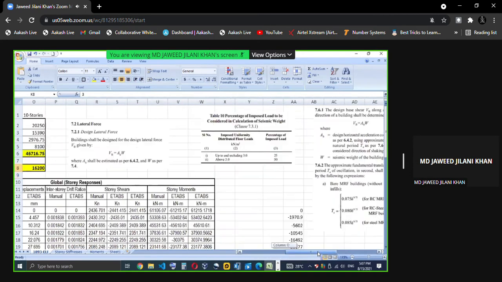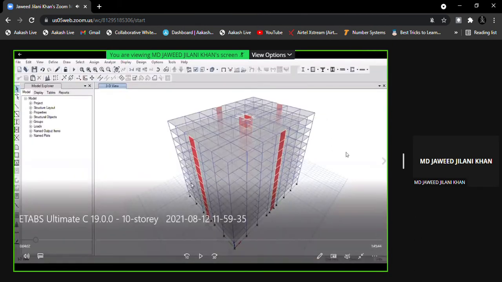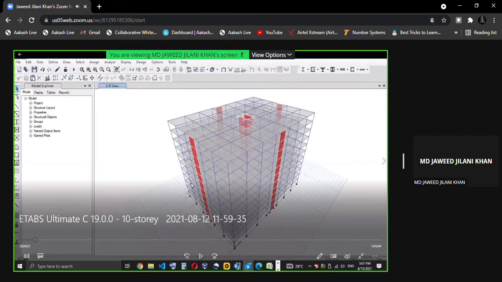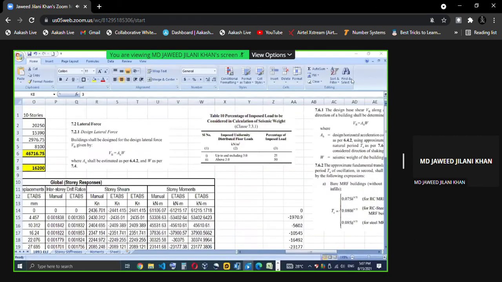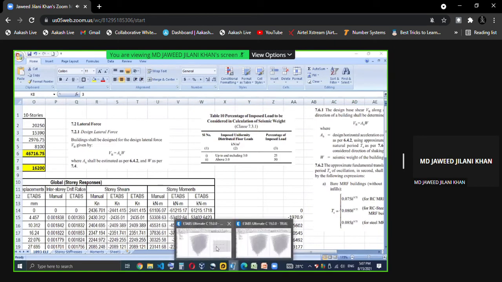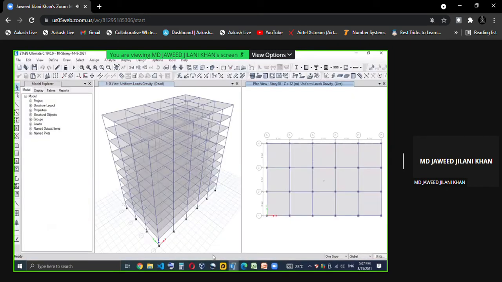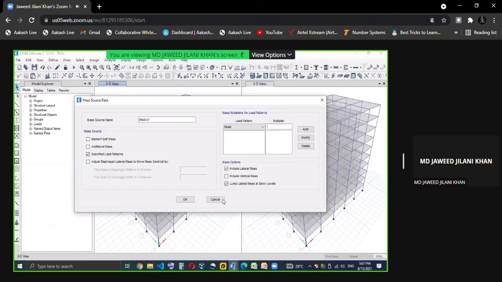So I am going to give the live load as only 25%. So 100% of dead load plus the live load as 25%.